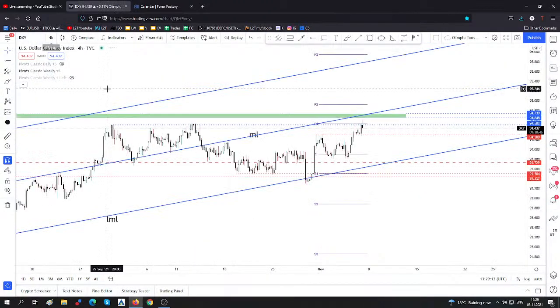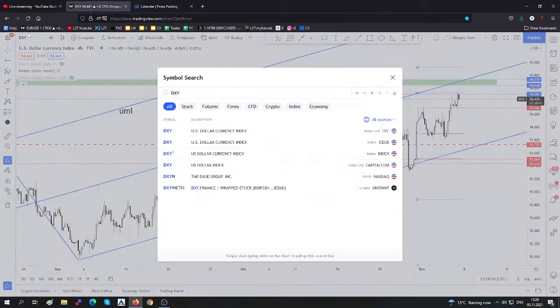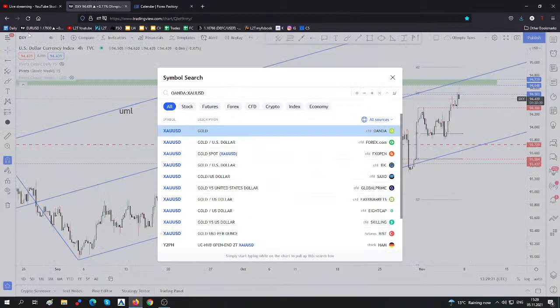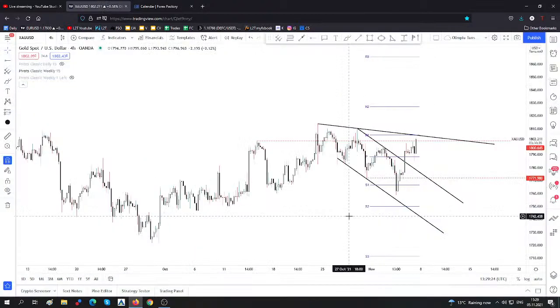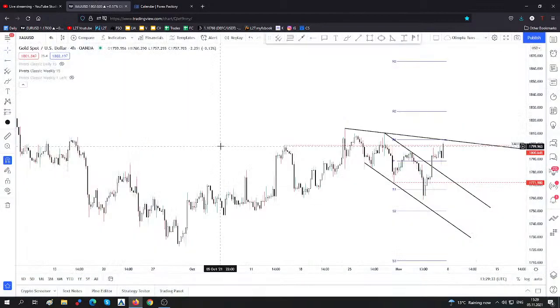DXY, sell off right now in DXY. I believe that the price of gold rallies. Yeah, an impressive rally here in gold, and I'll wait for a valid breakout here, and if I have a valid breakout, maybe I will take action and I will come back with my trade into the VIP Telegram group.